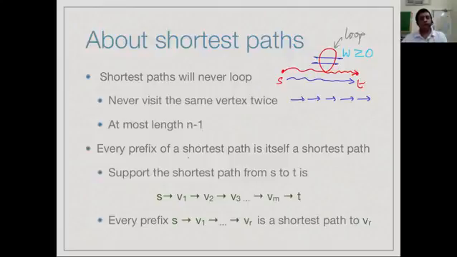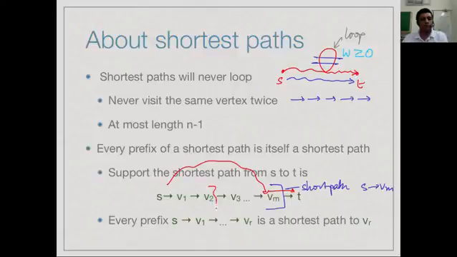The other property is that regardless of how the shortest path looks, along the way every path that makes up the shortest path is itself a shortest path. So for instance, if I have a path like this from S to T, which goes through some intermediate vertices V1, V2 up to Vm, then if I look at the path only up to Vm, then this is the shortest path from S to Vm. There cannot be any shorter path, because supposing there is a shorter way to get from S to Vm, then I can take this, and the red path now will be shorter than the green path. So therefore the fact that I am going to T via Vm and this is the shortest path means that there must also be only this much of a short path from S to Vm.